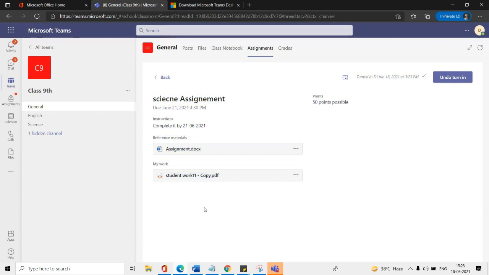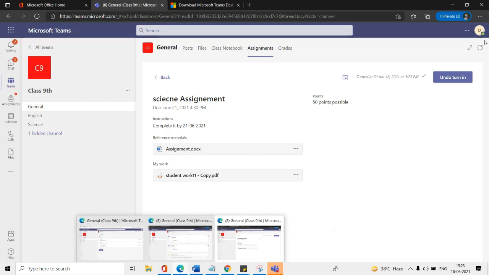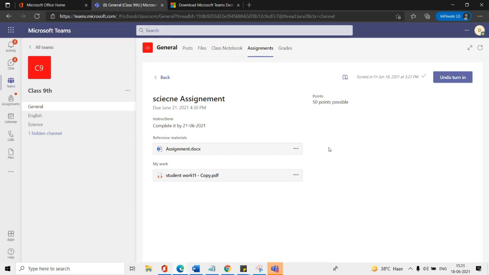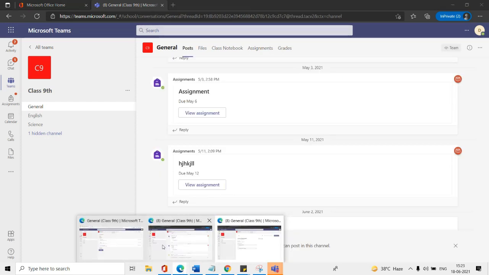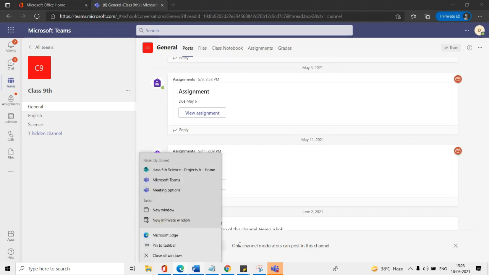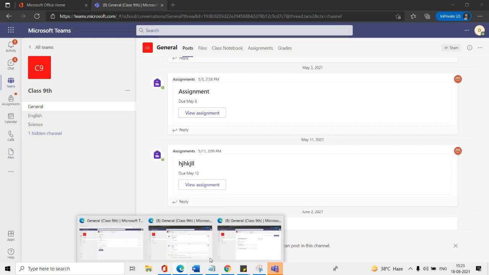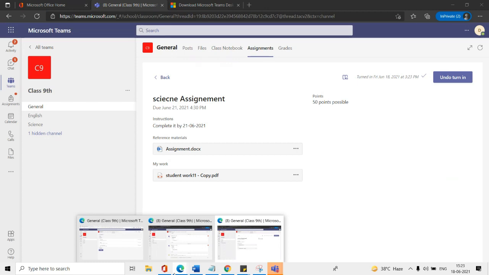Then he can open the assignment, right? And once you go as a faculty and check it out, you can return their work, then they can get an option to upload the same work here. Let's suppose your student has turned in, right? As a faculty, you will get a notification in your account. Let's suppose this is my faculty account, right?